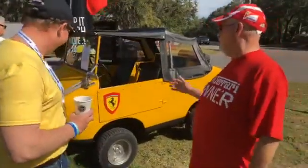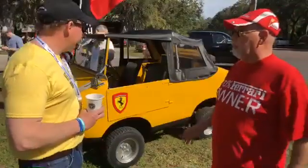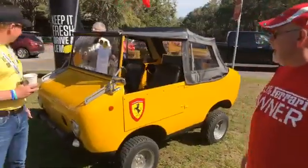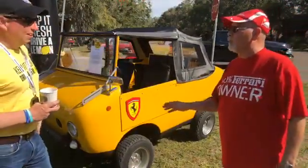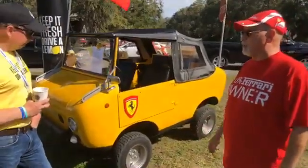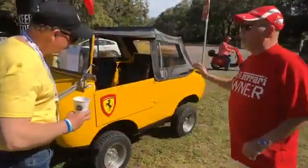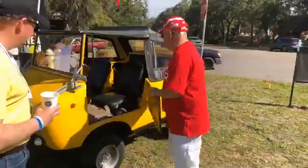These were actually built at Ferrari. They were designed by Ferrari. They are on a Fiat 600 chassis, and the power plant is the Fiat venerable 2-cylinder air-cooled motor. They built them both in 2- and 4-wheel drive, which is pretty amazing. This one is 2-wheel drive. You can put 4 people in it, put the top down. The doors actually will lift straight off,